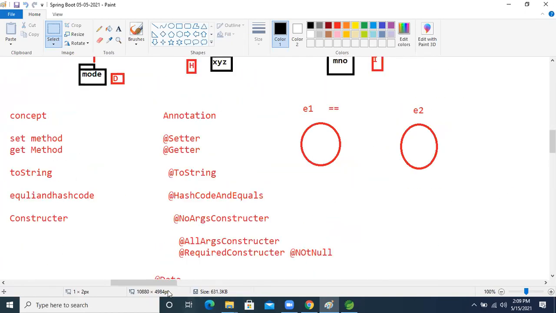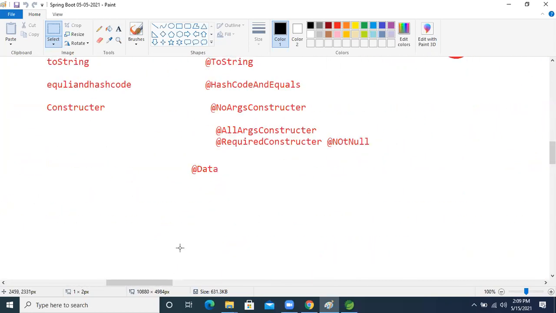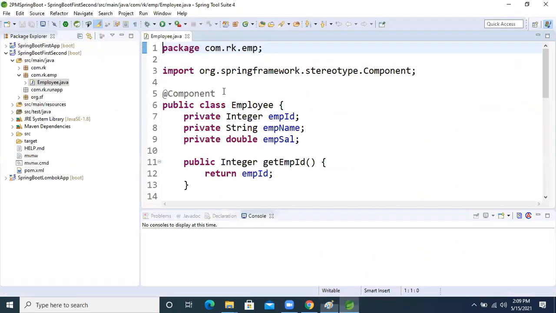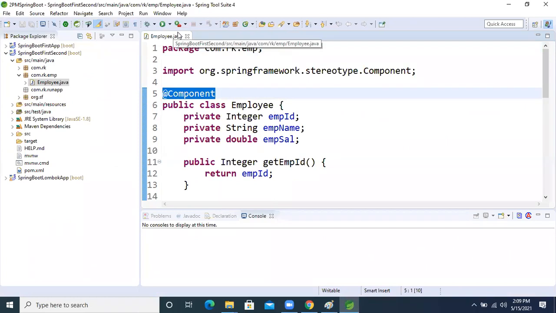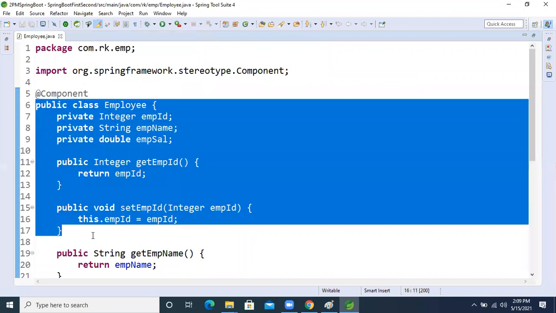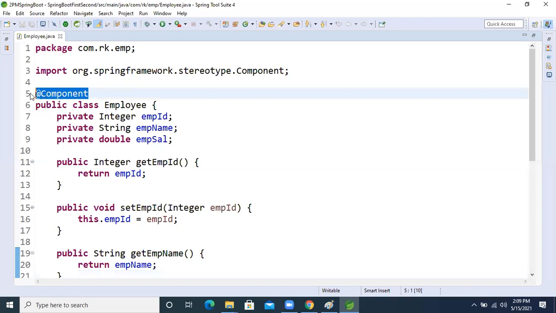Now let's move on and see the next level of discussion, guys. We saw the component, just a normal class. If we want to make this class create our IOC container object, we use @Component.